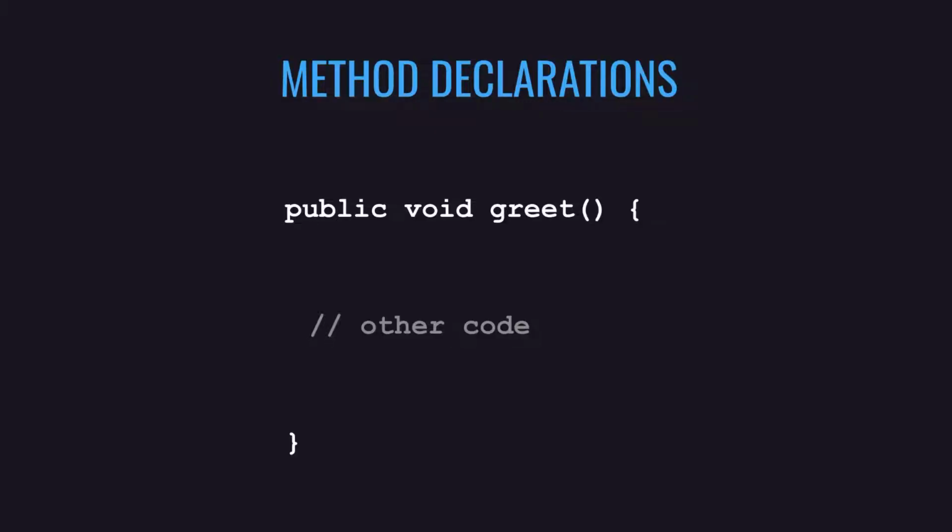Next up, we have these method declarations. So as we've said, in Java, classes contain methods. And a method basically is the program code, or rather it contains the program code of something you want to have happen. So here, for example, we've got a method called greet. Again, methods have names just like classes do. And again, we can see we've got the opening curly brace and the closing curly brace. So as you might imagine, inside these two things, you have the actual code that you want to execute whenever this greet method is called.